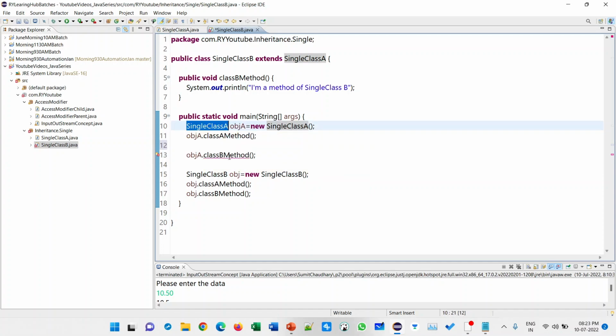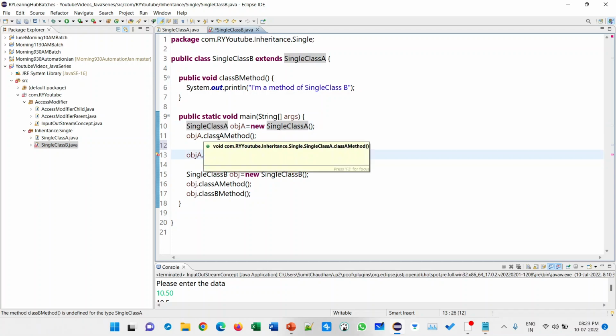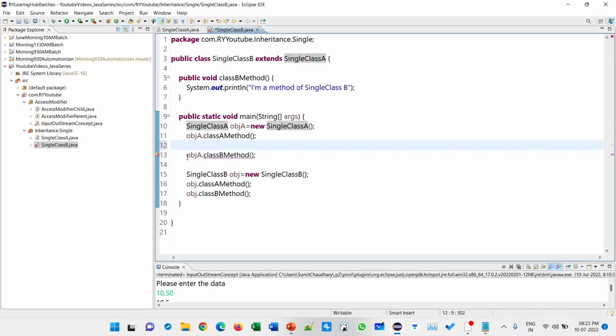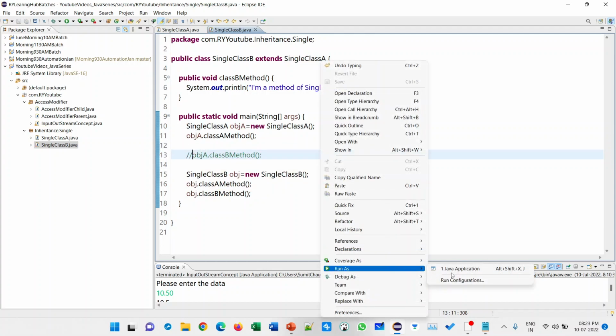But A cannot access the child class. That means the parent class cannot access the child class in single inheritance. Now I am getting an error. You can see the message: the method class B method is undefined for the type of class A. So I am going to comment this and print this.